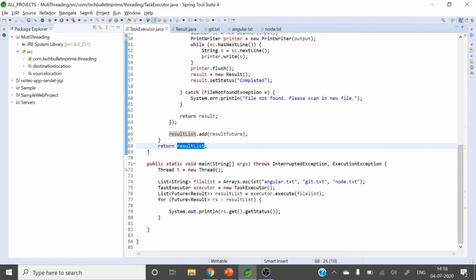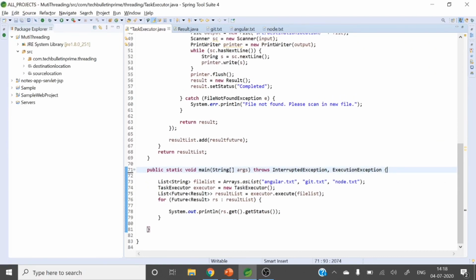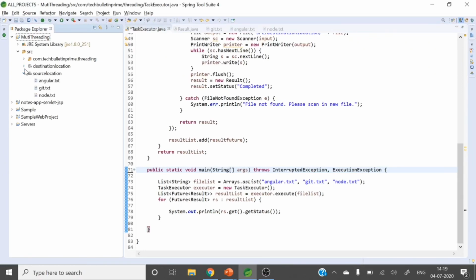So here is the main method from where we will execute this code. First, I am preparing a list of those 3 files. You can see that the source location is there and the destination folder is there. In the source location I have 3 files: angular.txt, git.txt, node.txt.